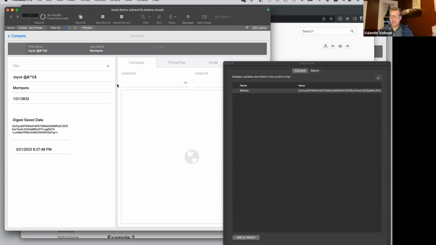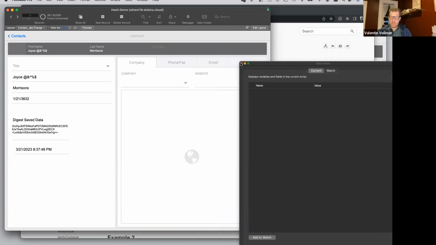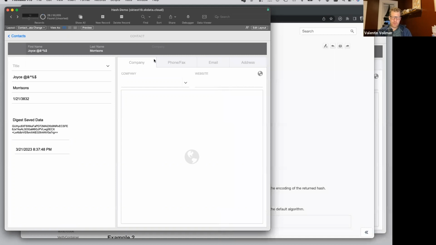And again, if you cut down 80% of 100,000 records, that's a whole lot of stuff you don't have to do anymore, and you don't have to tax the system with. So that was a pretty big impact here. One additional element here on this record that we're looking at,